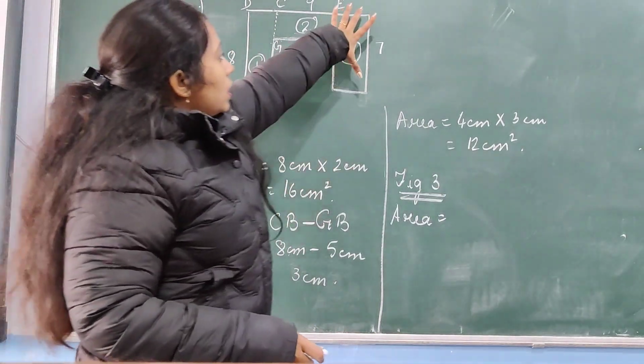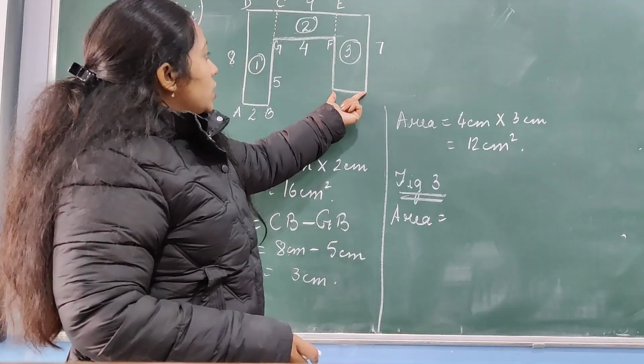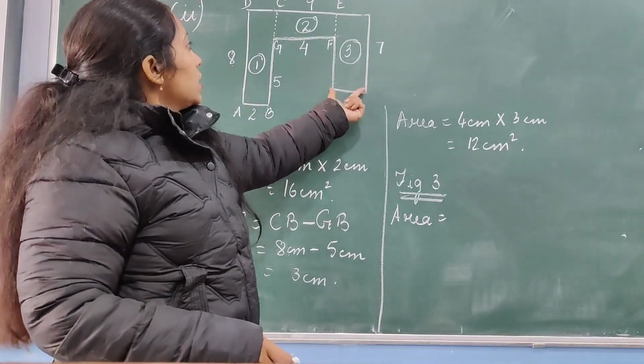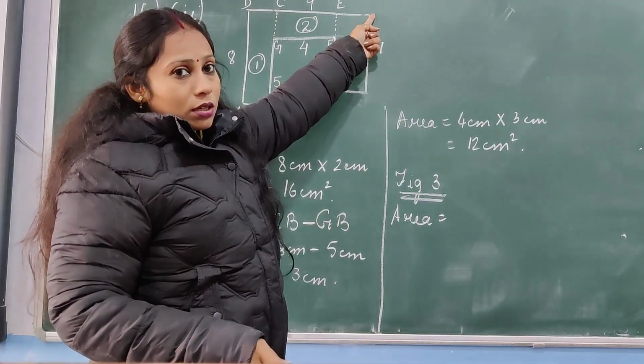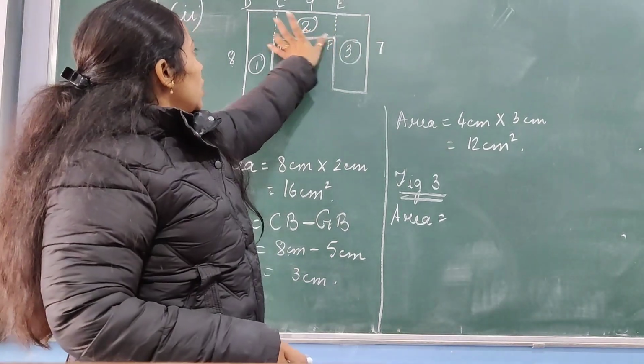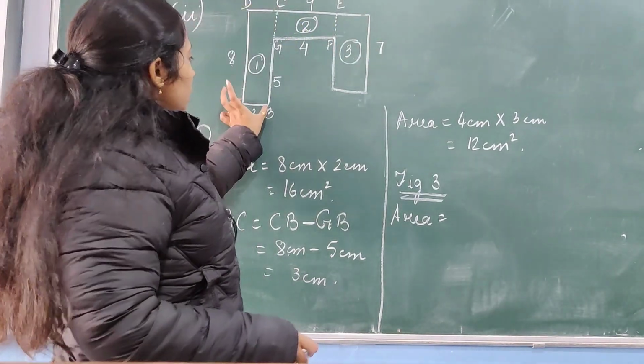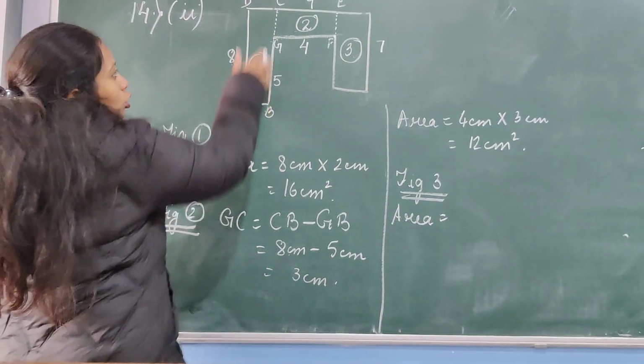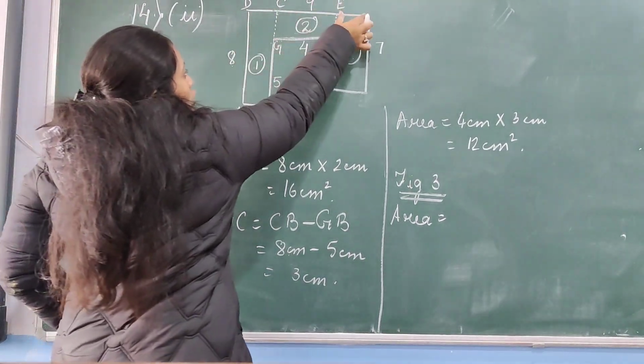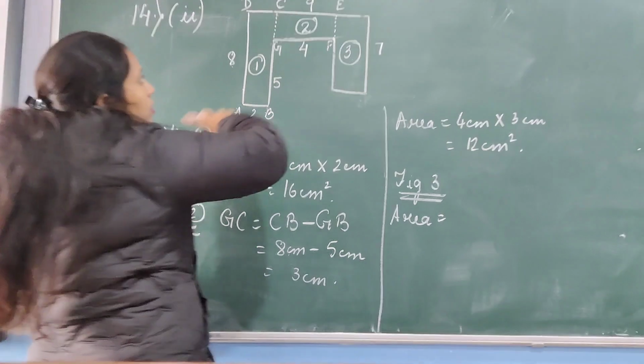Area is 7 centimeter into this. What will be this? See, this total is 9. This much is 4. This much is 2. Isn't it? This is 2. This is 4. So what is this? If you name it as